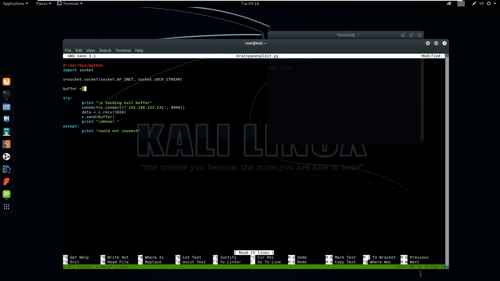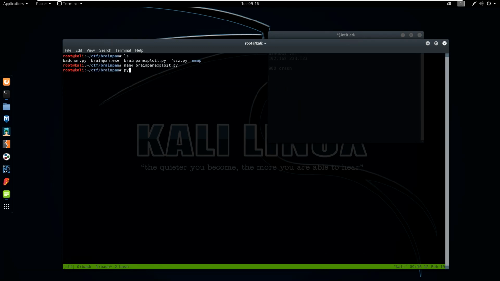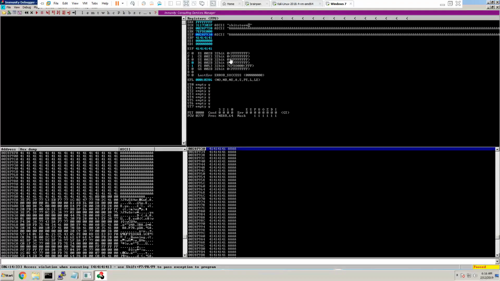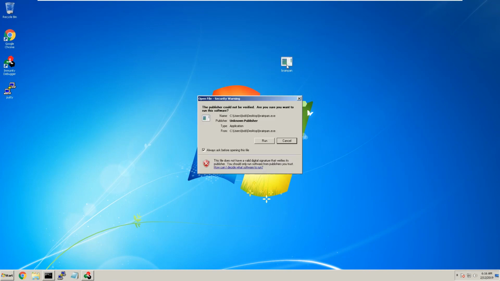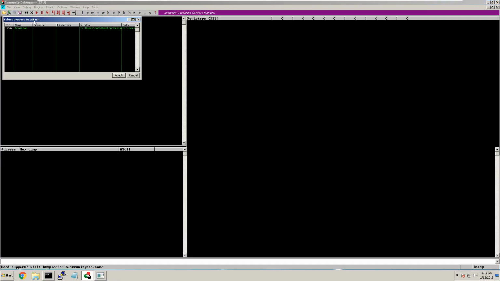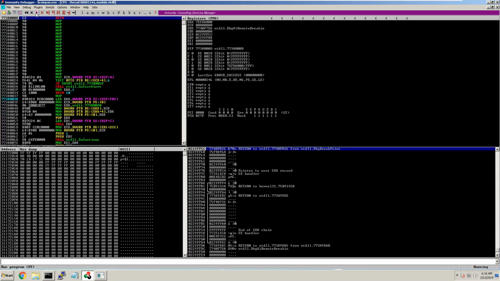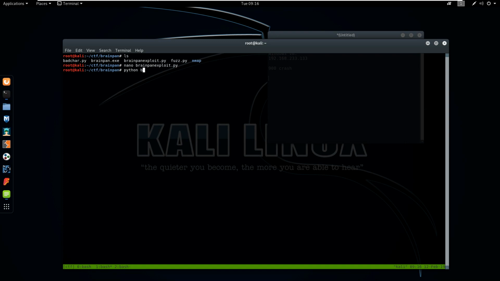Our buffer right now is just going to be that pattern, and that's all it's going to be sending. So we're going to go over to the 7 machine and start the process back. There we go. Now that we have it running,